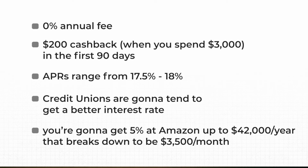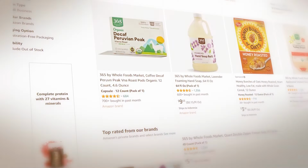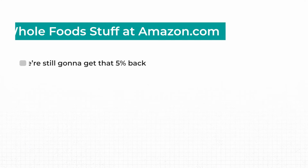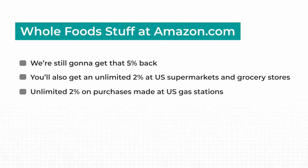That breaks down to be, which you can shop directly at Whole Foods through Amazon.com, if that makes sense. So we can shop online for Whole Foods stuff at Amazon.com. So that still falls under that, and we're still going to get that 5% back. You'll also get an unlimited 2% at US supermarkets and grocery stores, unlimited 2% on purchases made at US gas